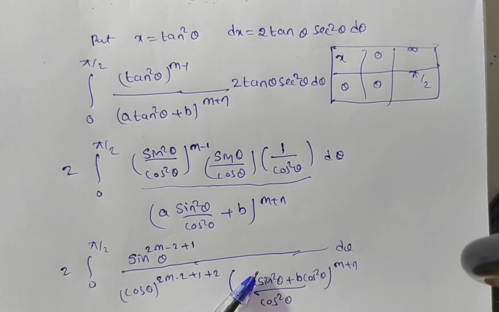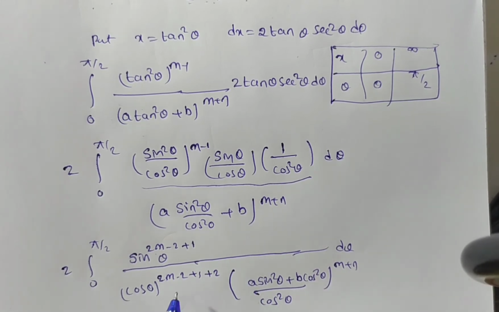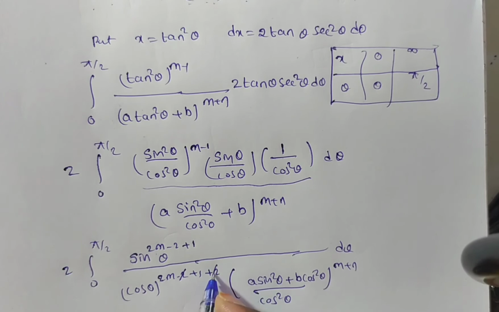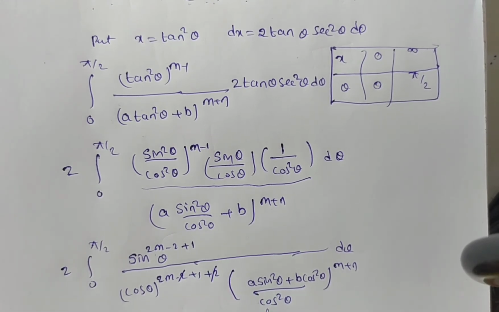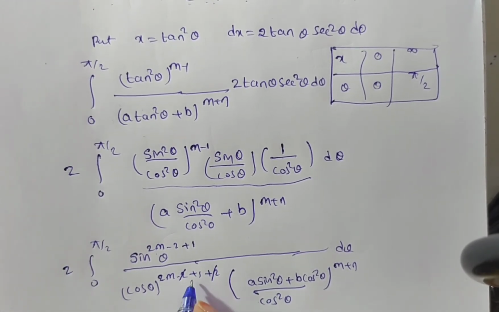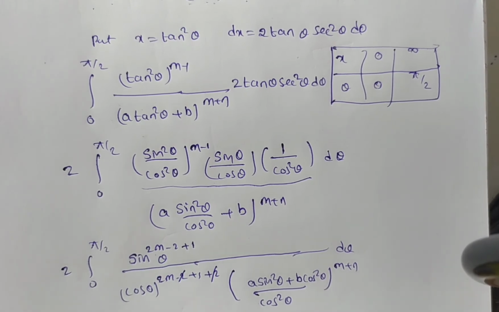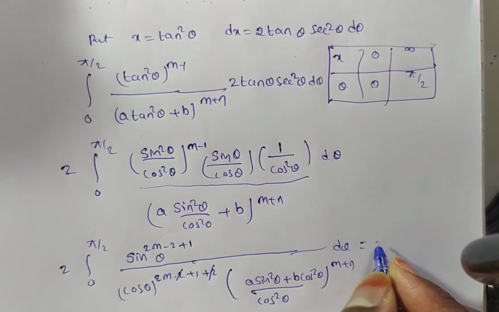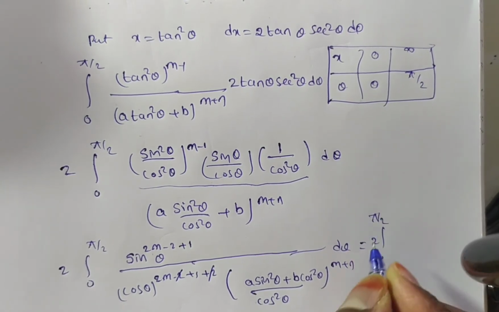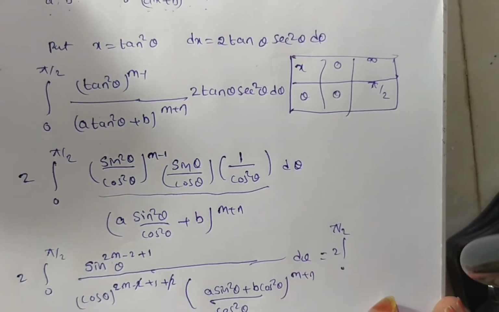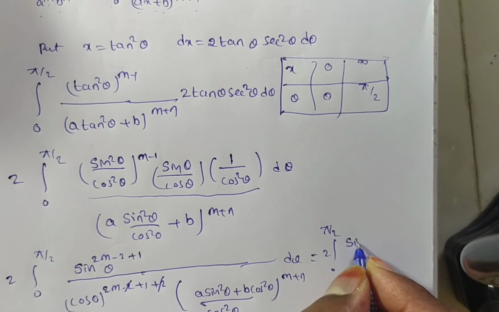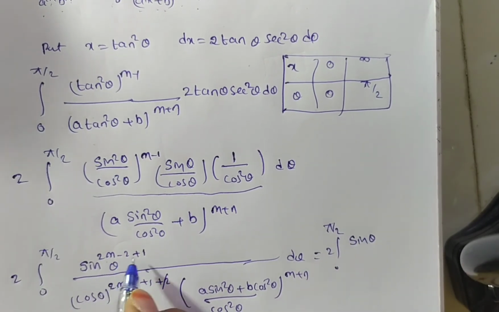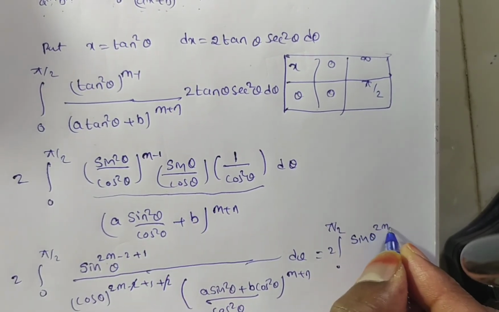You see friends, this is 1 by a by b. So you can write b by a type. Of course, in the denominator you see this minus 2 and plus 2 getting cancelled. Here cos square is there. Here you have 2m plus 1. And you simplify this, then what you are going to get, I am writing here, this is equal to 2 times integral 0 to pi by 2, sin theta power 2m minus 1,